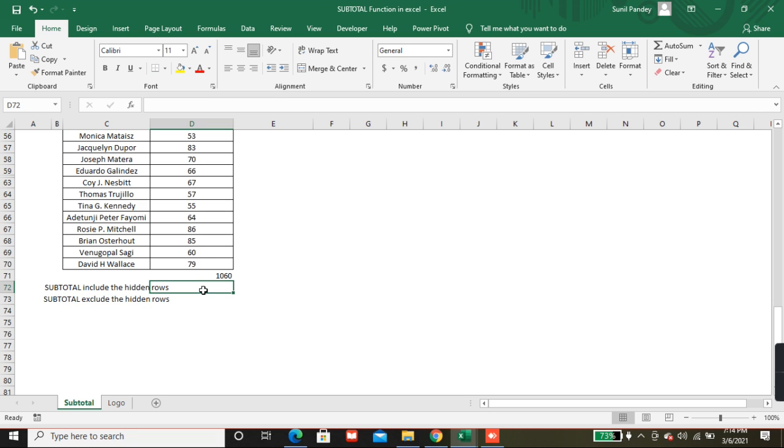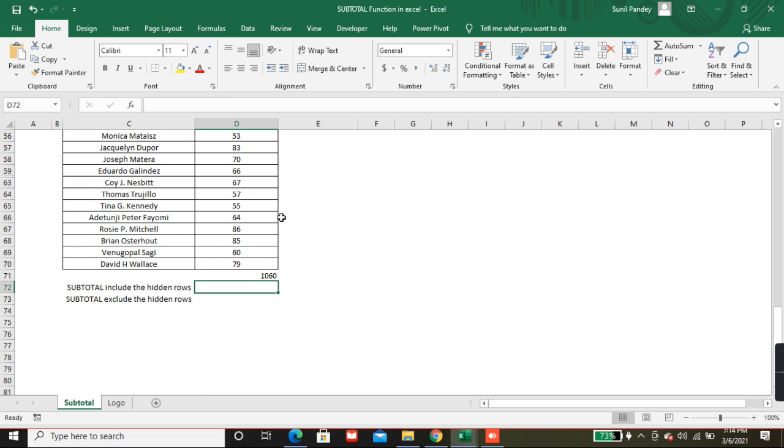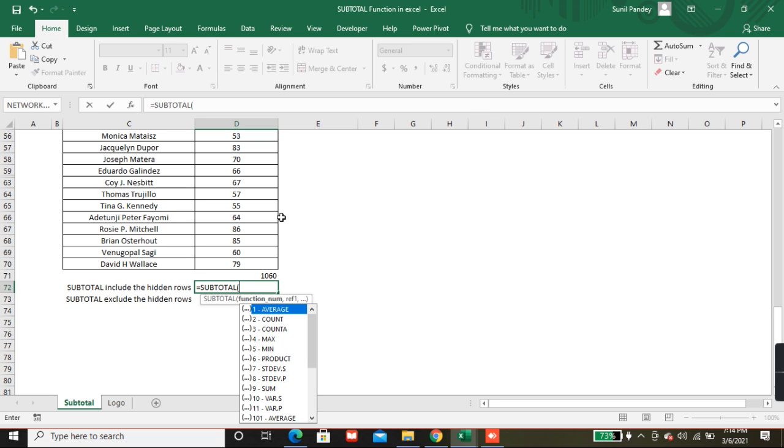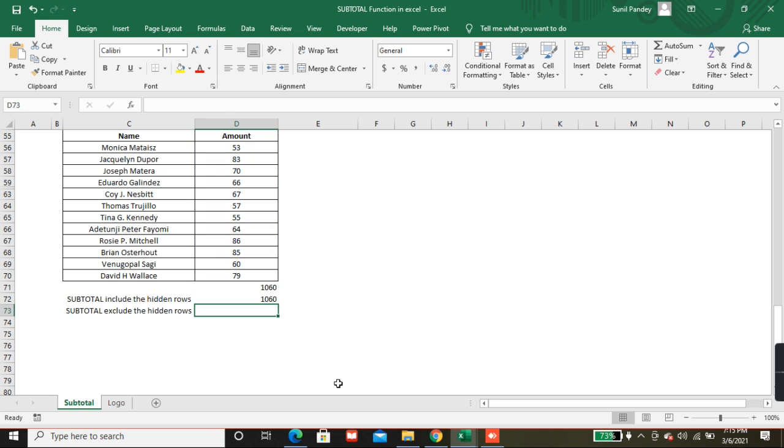Let's type the formula here: subtotal, and for include, for sum I'll type 9, comma, the reference, I'll select the range, enter. It will show the same result as sum.